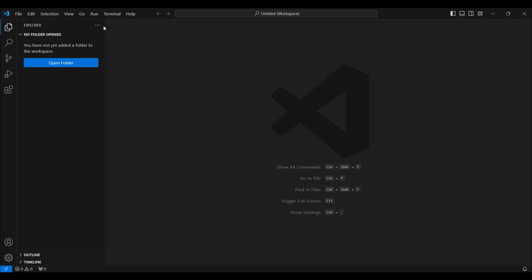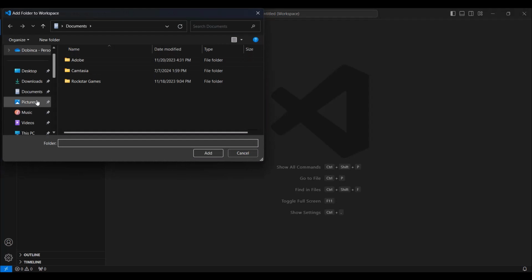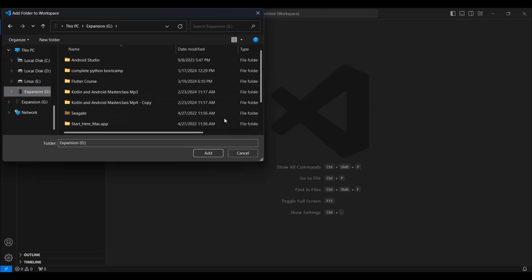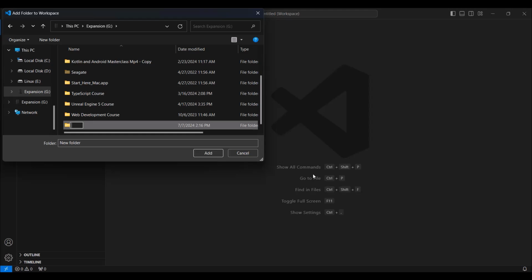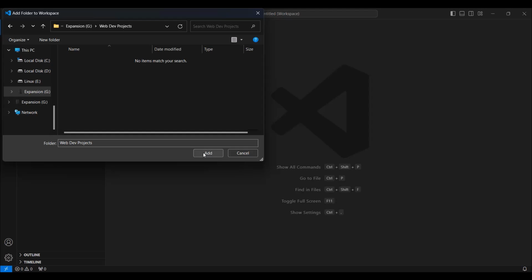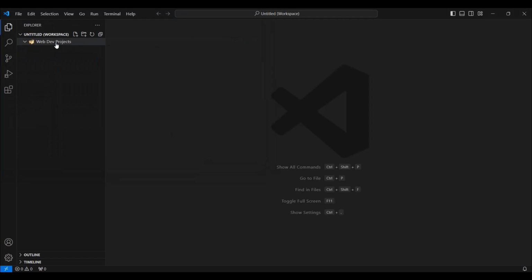Okay, now it's time to look at the first element that you can use in HTML, and that is the bold element. First I'm going to create a folder where we're going to put our HTML files. You can put it wherever you want. I'm going to call this folder web dev projects, and I will press enter, double click on it, and click add. All the HTML files that you're going to create are going to be added inside this folder. I will click on add, and that created the folder, as you can see here.